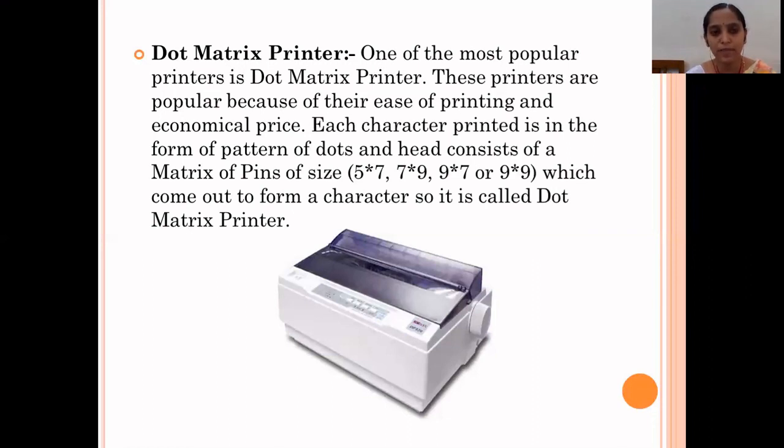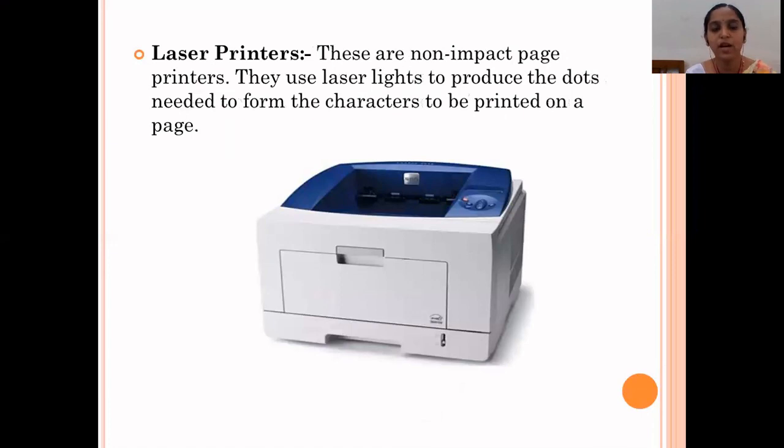Okay, next is the laser printer. As compared to the dot matrix printer, the laser printer can provide clarity of image and clarity of text. A dot matrix printer uses pins and heads, but a laser printer uses laser light or laser rays. With the help of that, it can easily generate the hard print on paper, and you can get a proper, clear image, clear text or hard data.